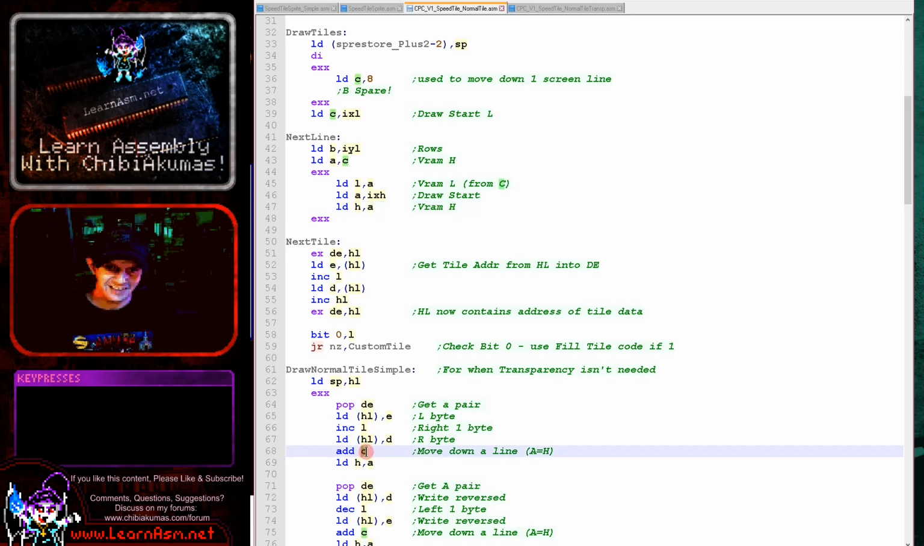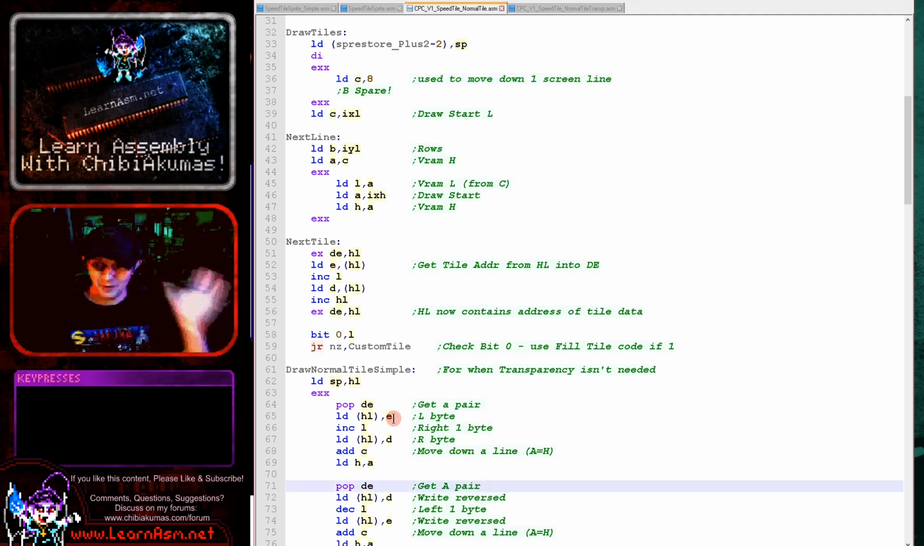So we're adding C, which contains 8, and that will move us down one line. Now we're popping another pair of bytes out of the bitmap data, but we're drawing them in reverse this time. So we're writing E and D here, but D and E here, and that's because we never decremented L again. So we effectively wrote the byte here, moved down, wrote this byte, and then we write this byte, and we move down, and then we write this byte, and we write this byte. So we're going in a kind of zigzag pattern, and that is going to save us a little bit of